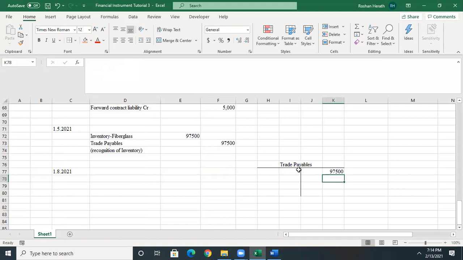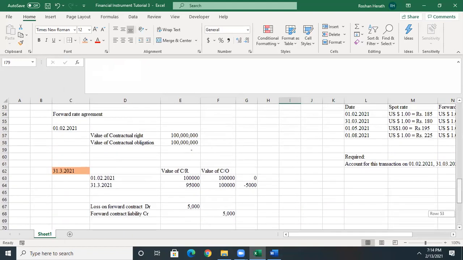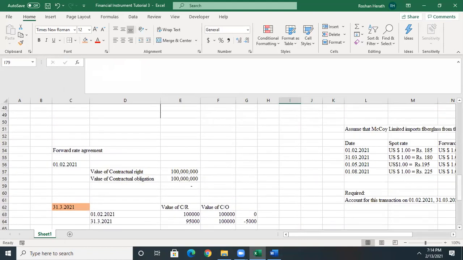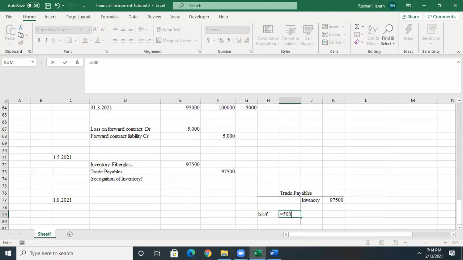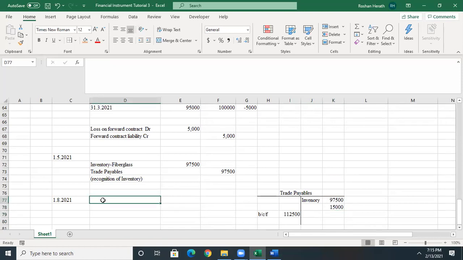It's 97,500. Initially, you recognize it in the same year, on 1st of May. Then you have to remeasure the balance carried forward. How much? It's going to be the spot rate 225. So it's 500,000 US dollars at 225, that is 112,500. Using the spot rate, you remeasure that. As a result, you can see that there's a loss on remeasurement, 15,000. That is the most important thing, the loss on remeasurement